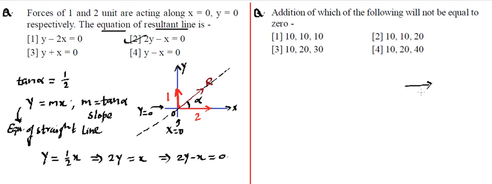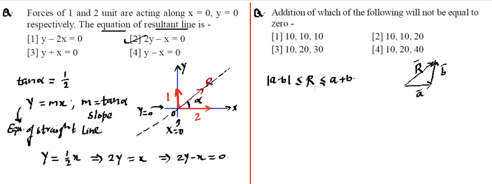Let's say we have a vector A over here and a vector B somewhere there. Then we know this is the resultant vector R. Now this is the magnitude of resultant, this is magnitude of A vector, this is magnitude of B vector. So you can see this is the triangular law of vector addition. That means there is a formation of a triangle. Now in this triangle we can treat that A is one side, B is another side, R is another side. And we know the magnitude of this R lies between these numbers. That means difference of the magnitude of A and B, and it is always less than or equal to A plus B. So that's a triangular inequality that we have talked about.